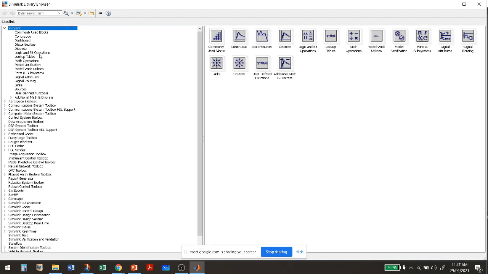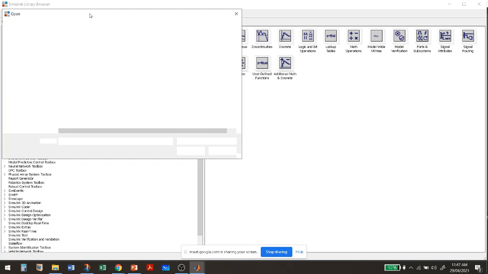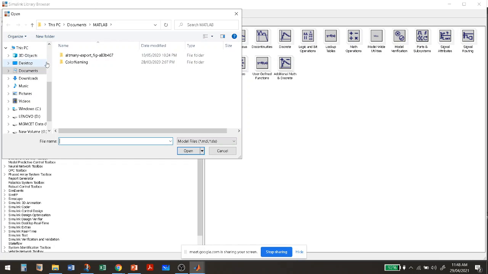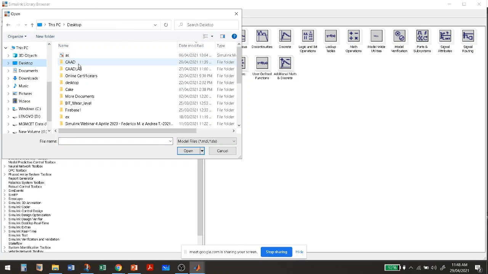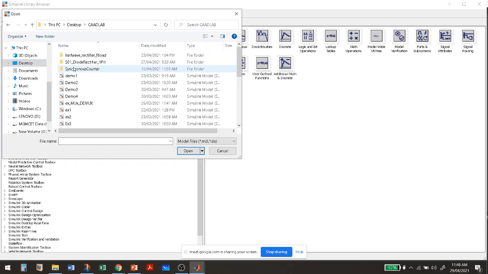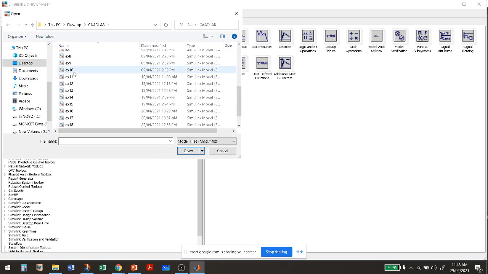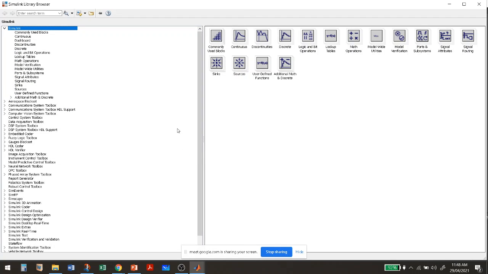I will open the earlier example: desktop, then CAD lab, rectifier.